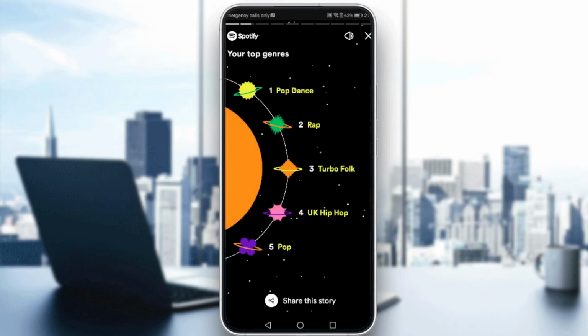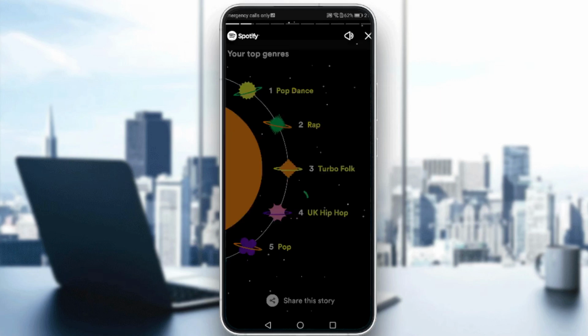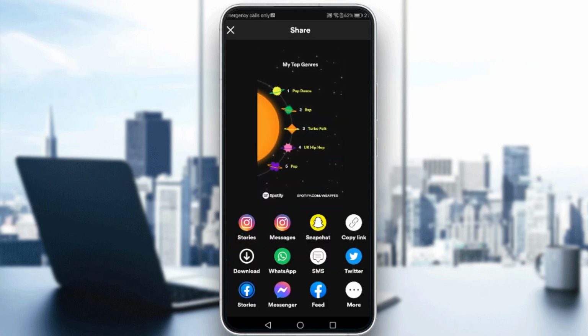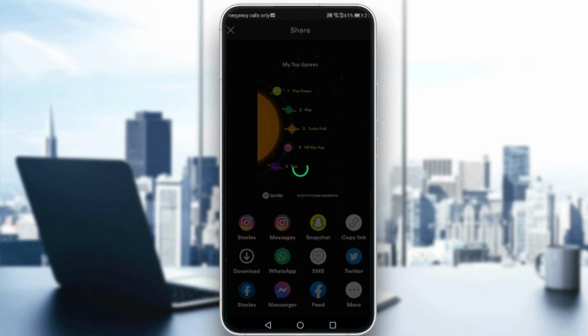You will need just to watch some of the story, and you will have this option to share your story. Then just go and click on it, and as you can see, you will have several options here. You will have the option of Instagram story, sending it in a DM on Instagram to someone, Snapchat story, copy the link, download, WhatsApp, SMS, Twitter, Facebook stories, Messenger, Facebook feed, and even more options if we click